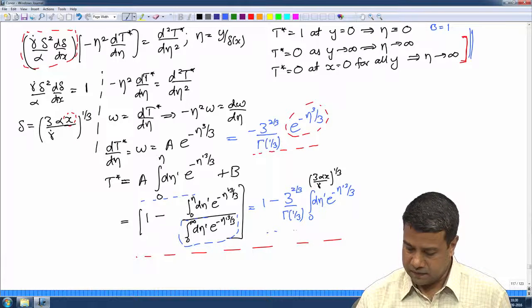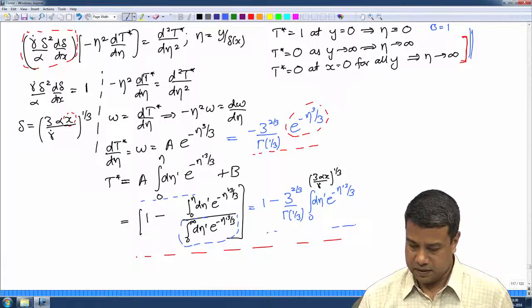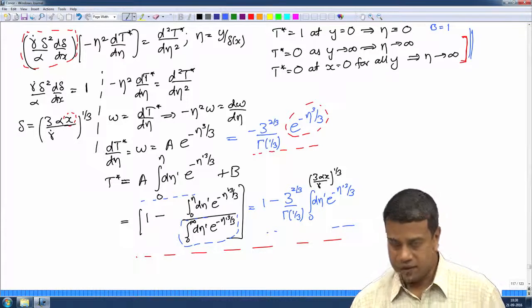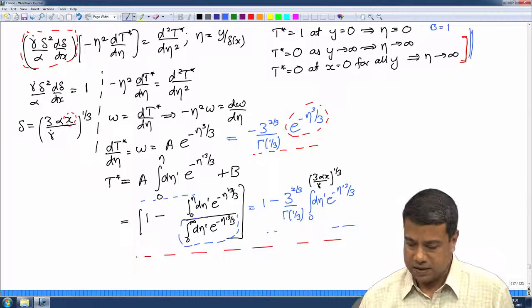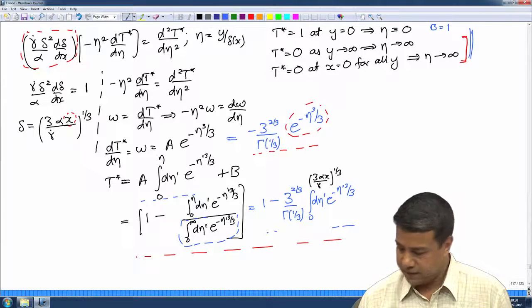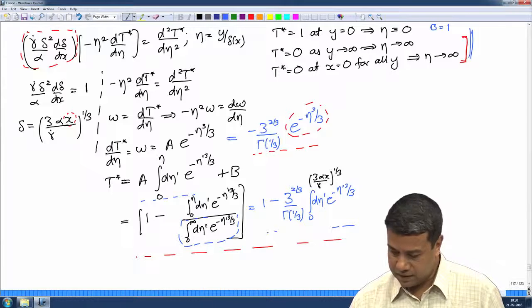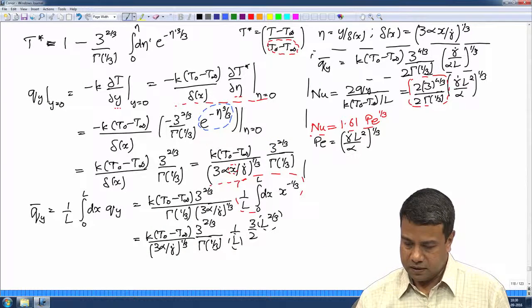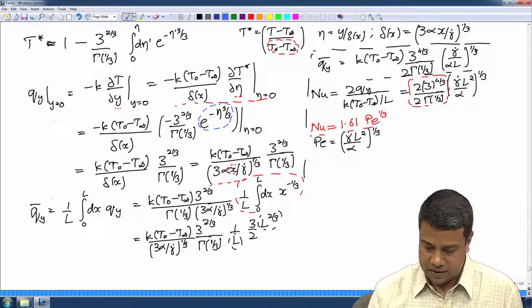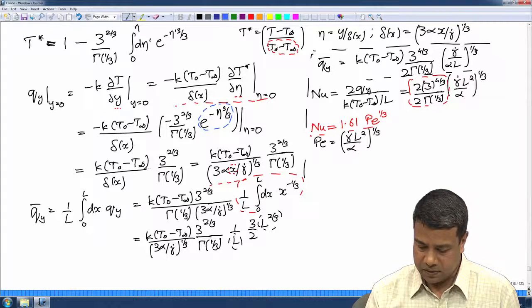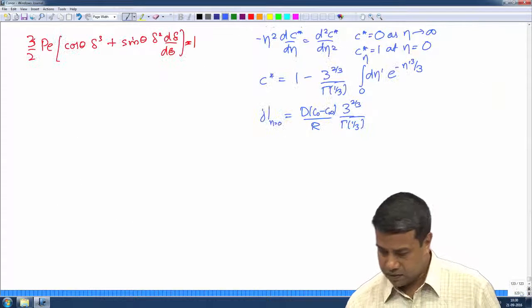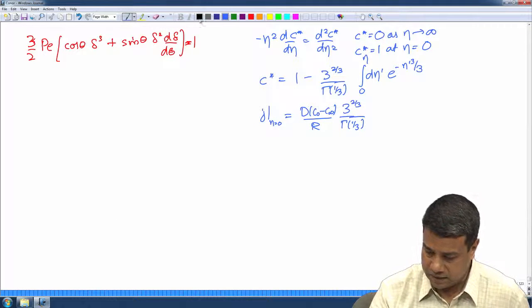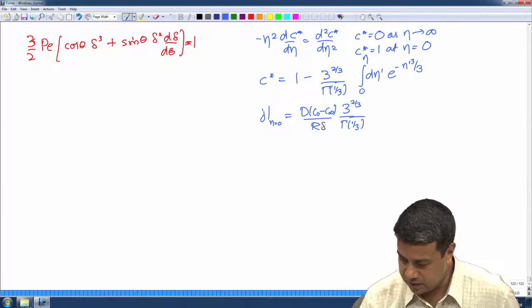This was the equation for the concentration field, and the present solution is exactly the same as this one, except that C star is substituted for T star, and we had got an equation for the flux as well. Qy at y is equal to 0, k into T naught minus T infinity by delta times 3 power 2/3 by gamma of 1/3. So, I should put in here r delta of theta here, my apologies,